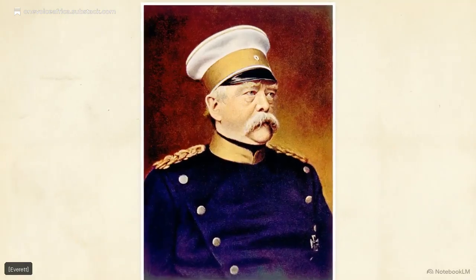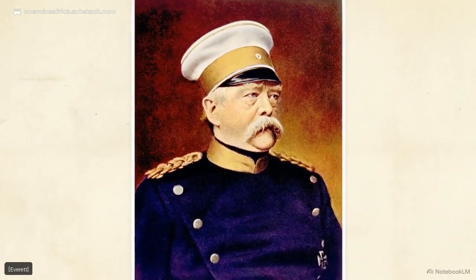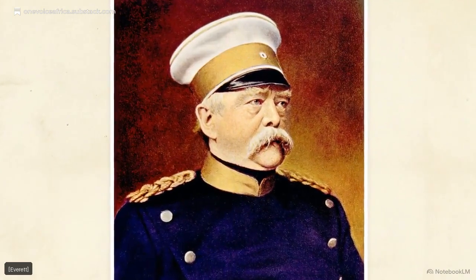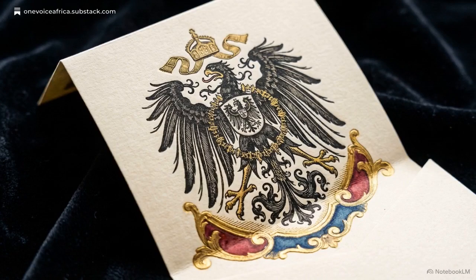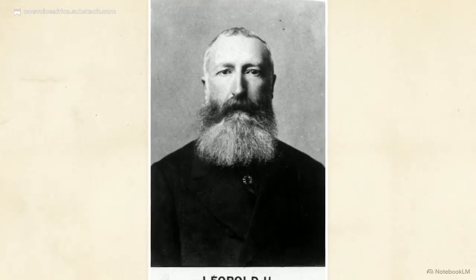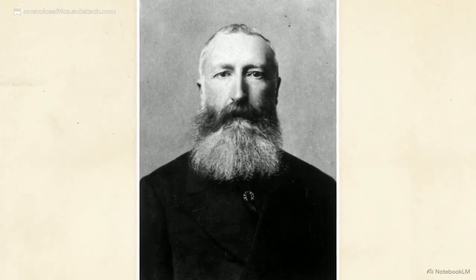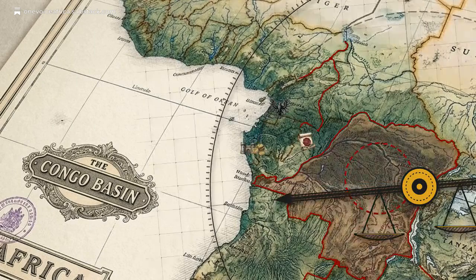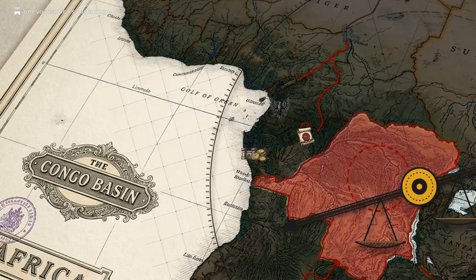To manage this risk, the German Empire orchestrated a diplomatic intervention. The imperial government issued a formal invitation for the major powers to meet in Berlin and establish a rigid framework for expansion. The urgency was exacerbated by independent actors like King Leopold II of the Belgians. His personal claims in the Congo Basin threatened to destabilize the existing continental balance.